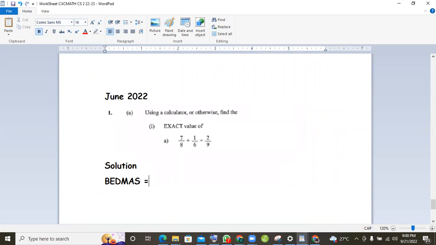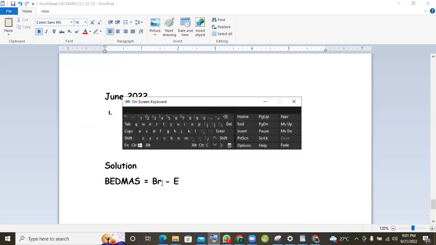BEDMAS is the same as brackets first, exponents after. I'm not going to write the full word. Exponents, that's powers,